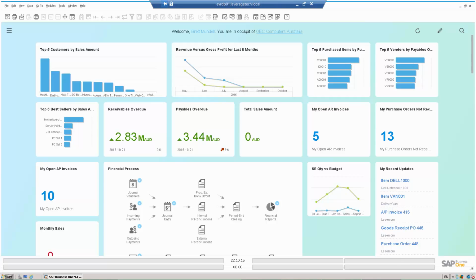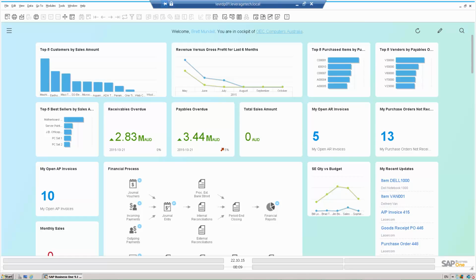This presentation is aimed at people who haven't seen SAP Business One before and want to get a brief overview of the look and feel of SAP Business One, some of the reporting functions and features, and the various elements of functionality available. SAP Business One is aimed at small to medium business and covers the full range of functionality: